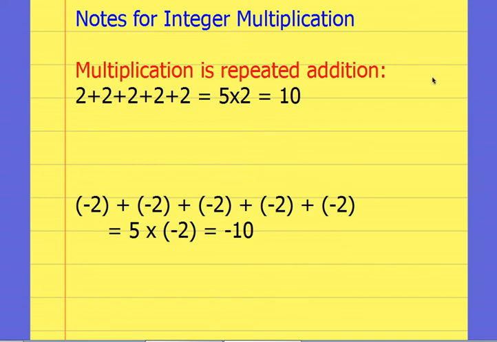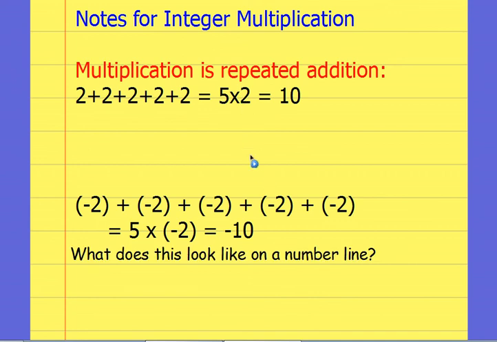So, integer multiplication. Remember, multiplication is repeated addition. So 2 plus 2 plus 2 plus 2 plus 2 just means I have 5 groups of 2. So that's where 5 times 10 comes from. If we took a look at this on a number line, it would look like I have 5 hops